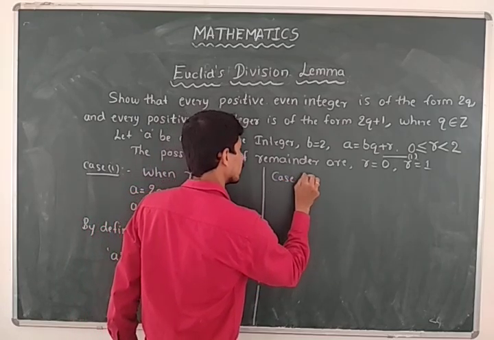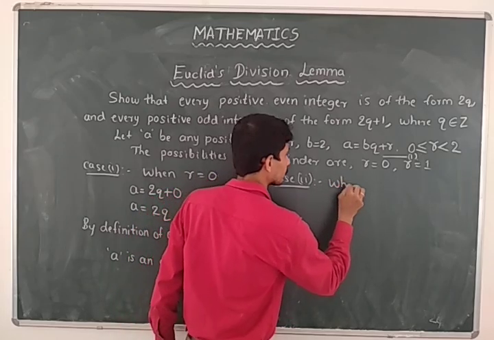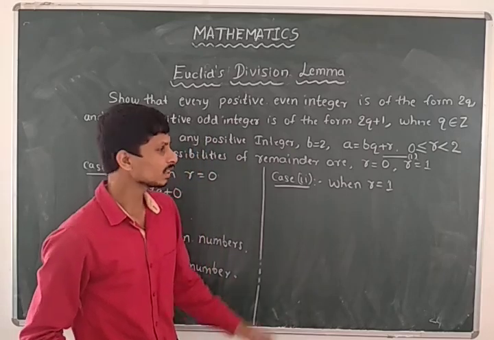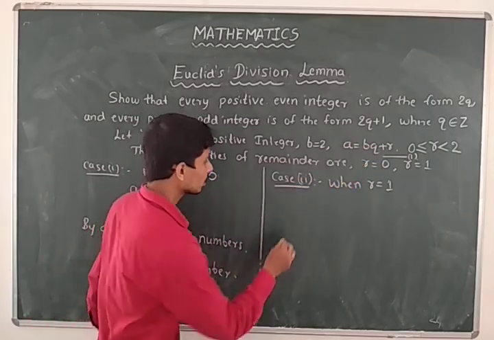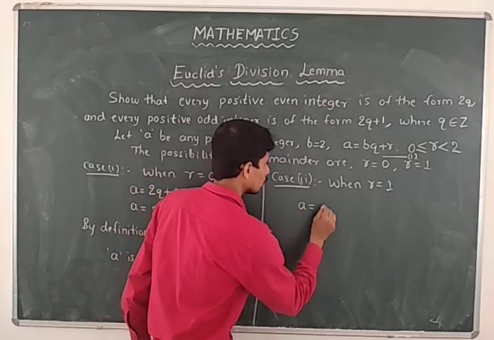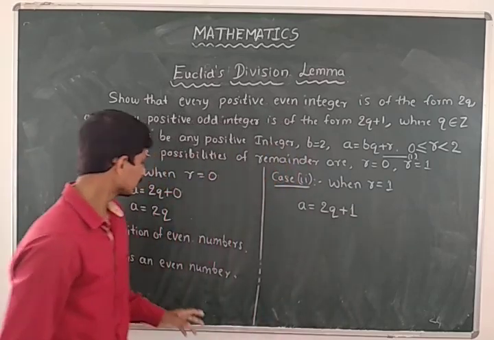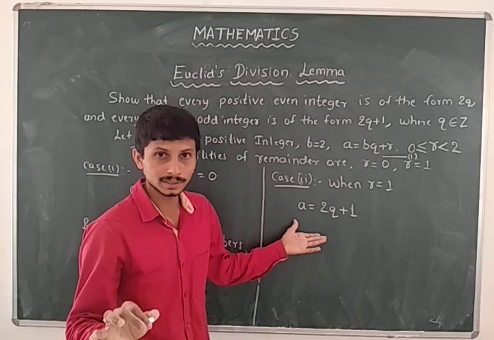So for this we have to consider it as case 2, when r is equal to 1. Just insert the value of b and r here in equation 1. So we got a is equal to 2q plus 1. So that means by the definition of an odd integer,